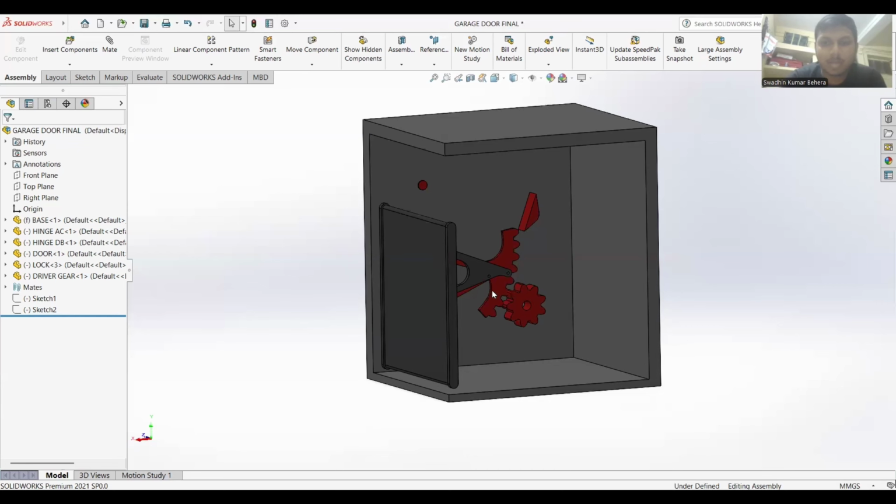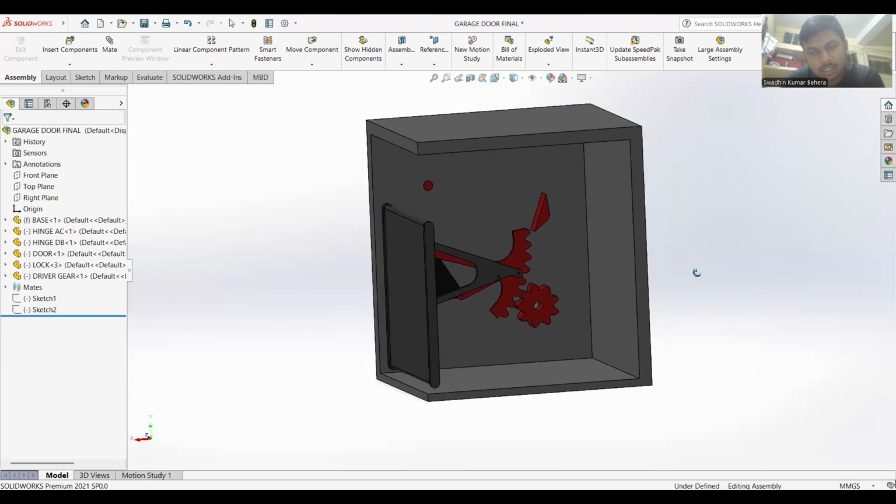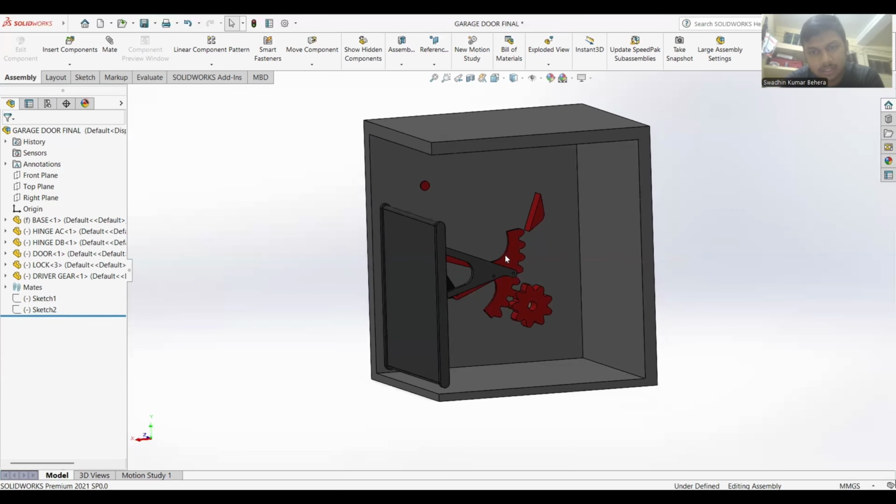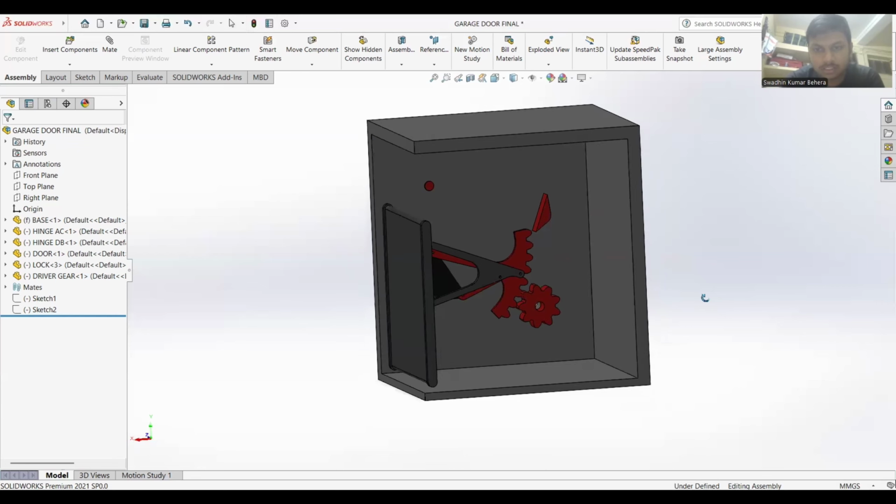As you can see, the teeth of the gear on this link are at the end, which will give force at the end of this longest link,